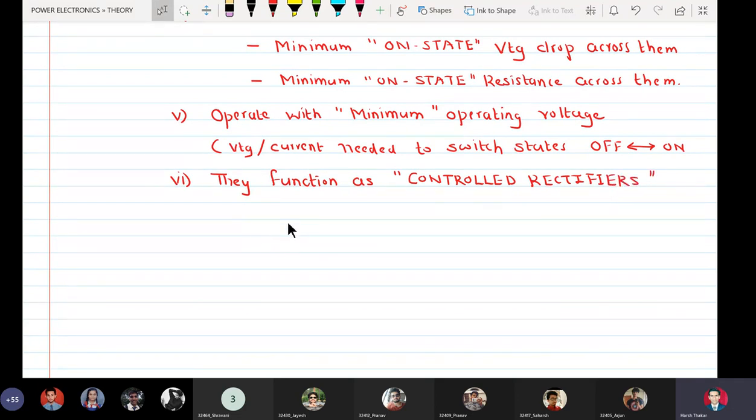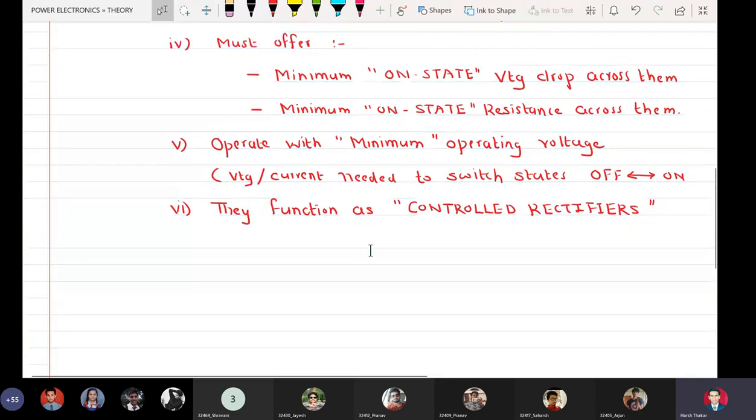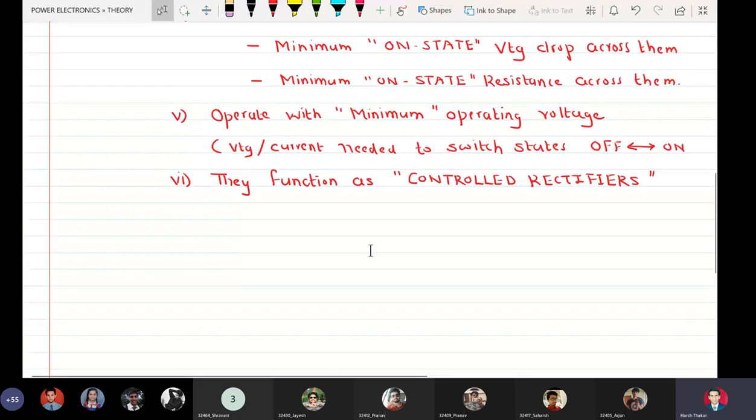Okay, so this property of controlled rectifiers is not exhibited by other power devices such as power diodes, power BJTs and power MOSFETs. That is why I'm writing a comment here,